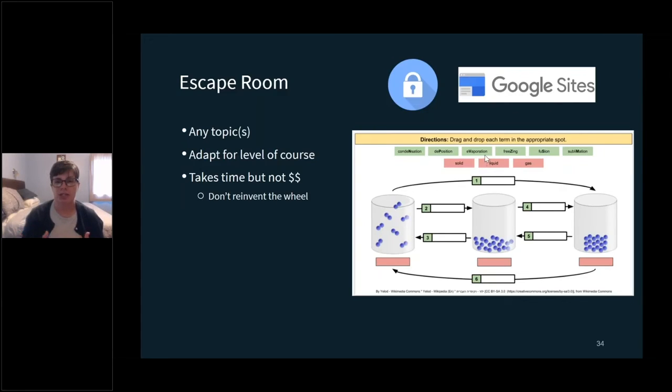They drag and drop the images at the top. This is another Google Slide. They drag and drop those words at the top, and there's one letter in there that solves a lock, and they plug that in. So again, it's that self-checking activity, and I think that's one of the most important things